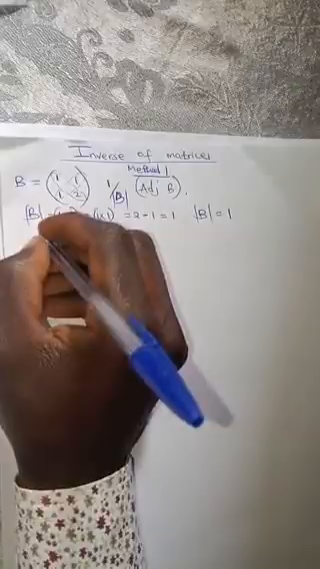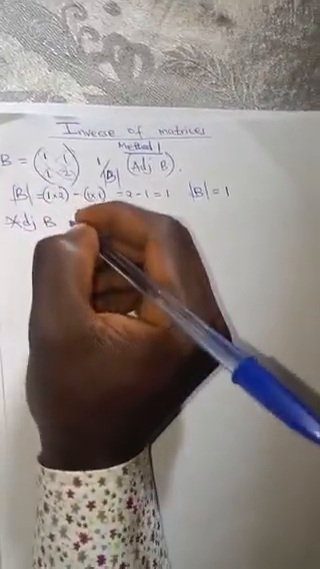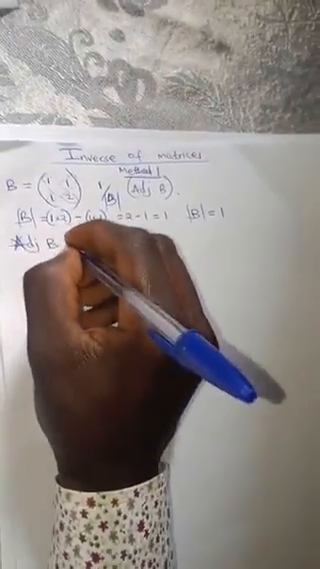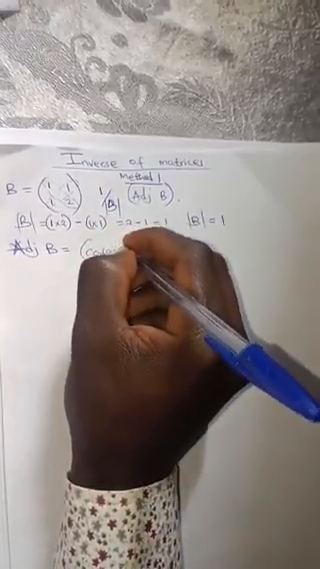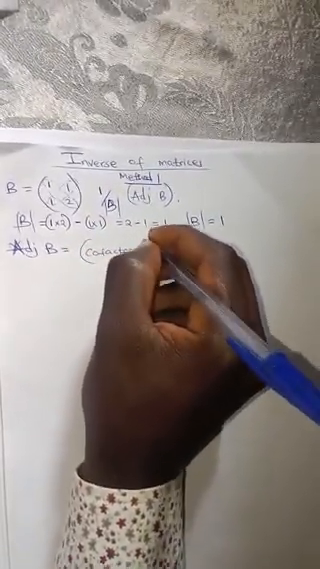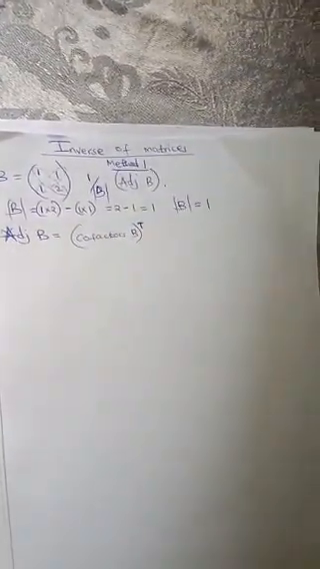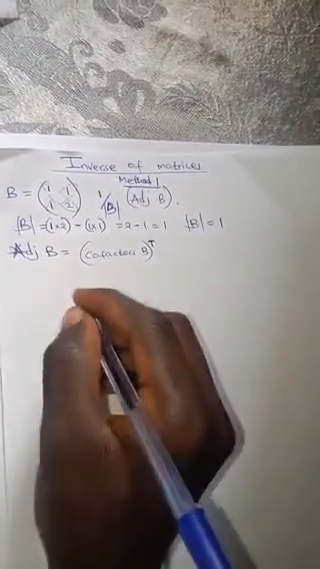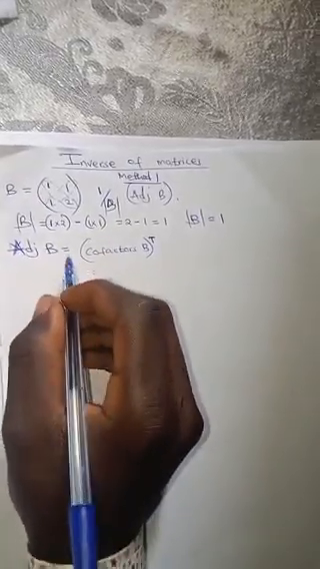What is the adjoint? Because we need to find the adjoint. Adjoint of B equals the transpose of the cofactors of B. You know that the transpose is denoted by a T at the upper side. Then the cofactors of a matrix whose order is 2 by 2,